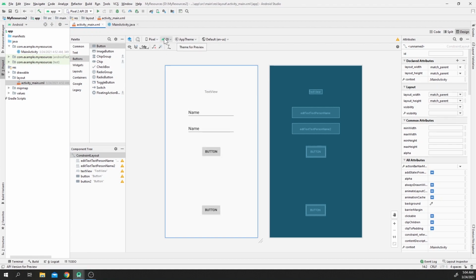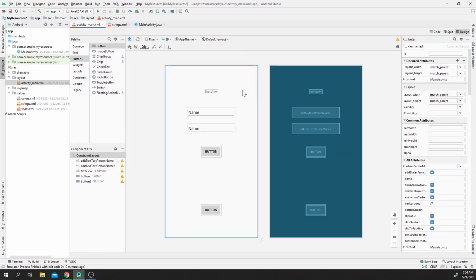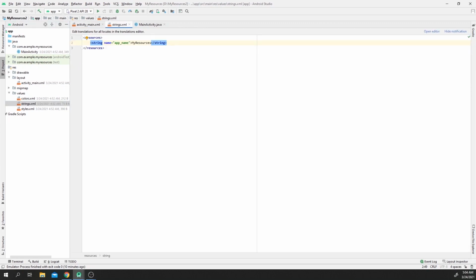Next, I'm going to set the string values. I can go to the resources and then values here and select strings. So here you can add all the text strings. You can define all the text strings under resources. Let's say here I have